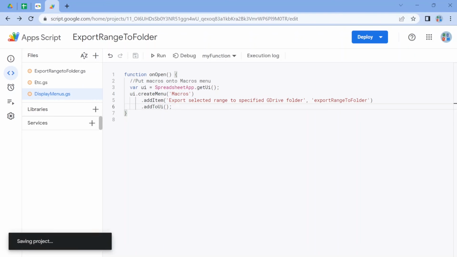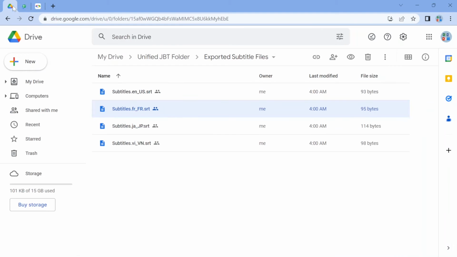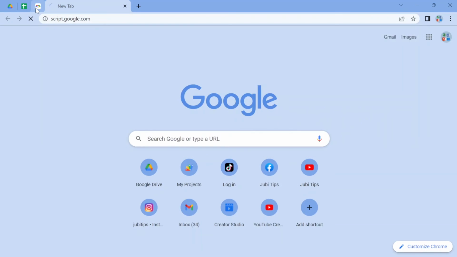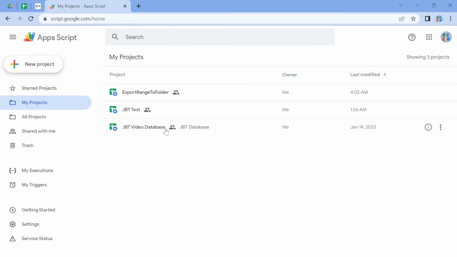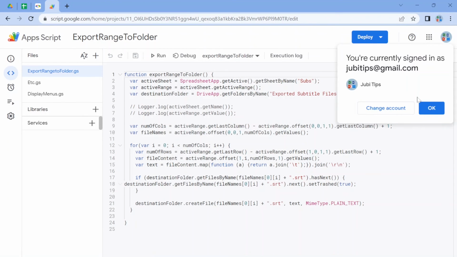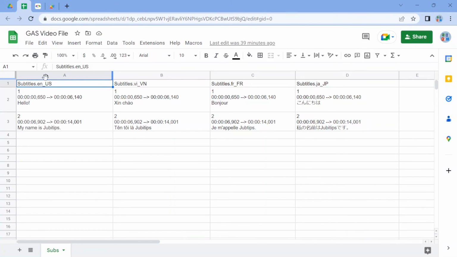Okay, Control S to save. And now we're ready to test it inside Google Sheet. Now we need to reload Google Sheet, okay? Because this onOpen, it's only going to, oh, my script file disappeared. Let's go back and grab my script file. Here, right here. This onOpen function is only gonna run the first time Google Sheet is opening. So I just did that, and you can see it added a new menu item on the top here.